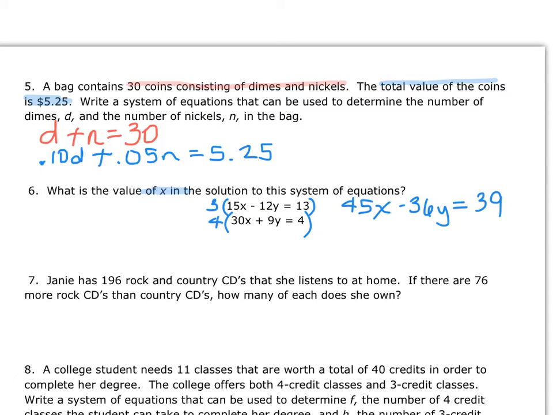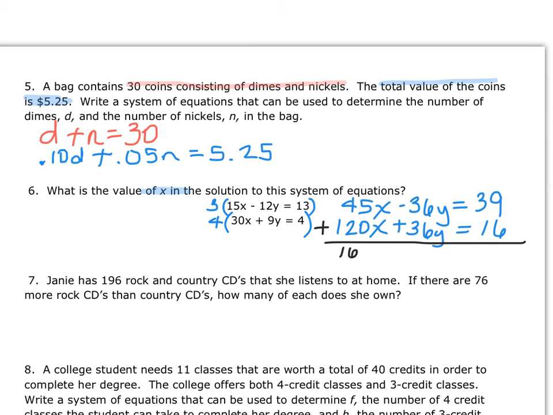And then 4 times 30x is 120x. 4 times 9y is 36y equals, and 4 times 4 is 16. So if I add these two together,